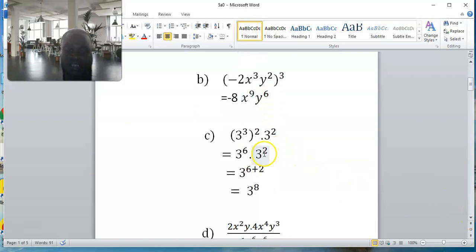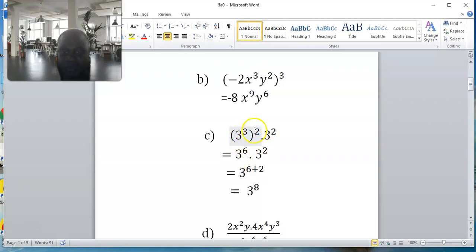Then let's look at c. It says 3 exponent 3 all in brackets exponent 2, dot. Dot means multiplication, dot means times. So dot 3 exponent 2. How is it going to be? It's going to be 3